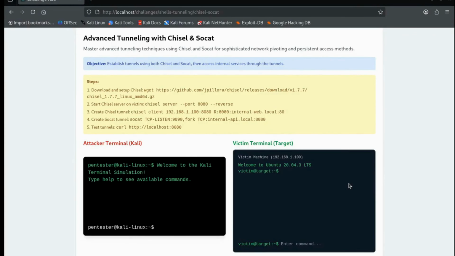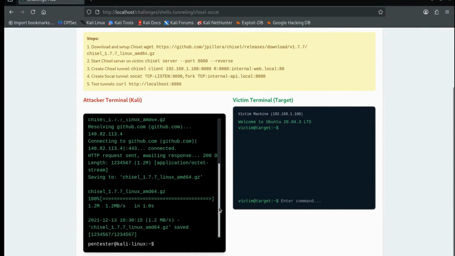For this lab, the first thing we are going to do is to copy this command. I'll copy this command and paste it on the attacker's machine. wget in this command means webget. So it downloads files from the internet. So we are downloading Chisel because we need it to create the tunnels. So when I press enter,